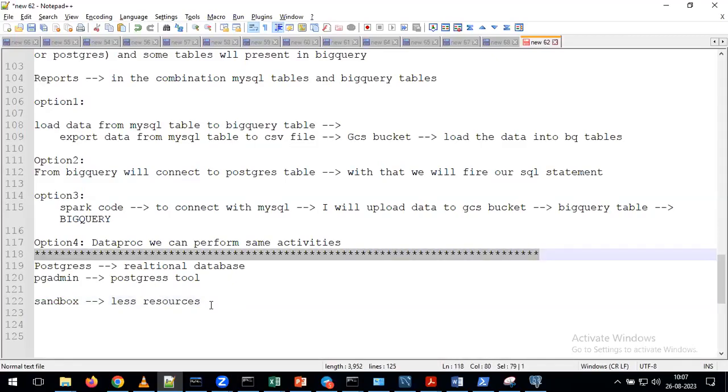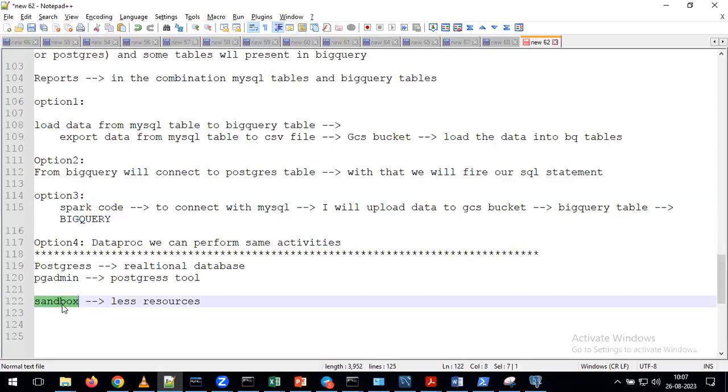But in real time they also use sandbox, right? I can hear this word. Yeah, so coming to sandbox, in different applications it has different meanings. If you work in other applications, you will see the word sandbox, but its meaning is different there. Here in Postgres, when you see the option as sandbox, it creates cheap resources. Cheap means very few resources as part of creating your instance.